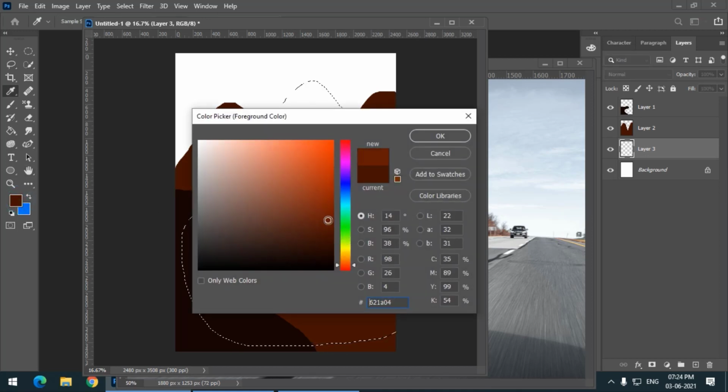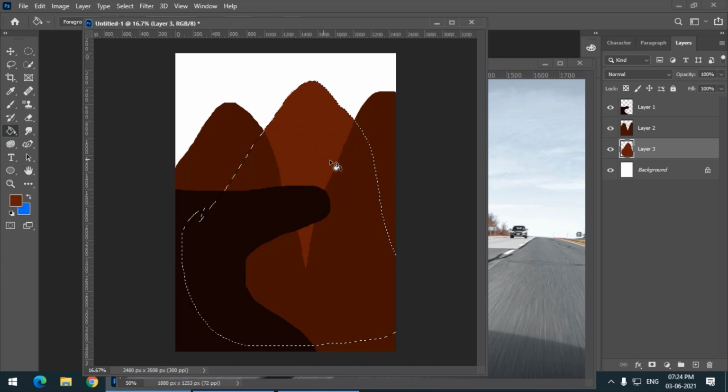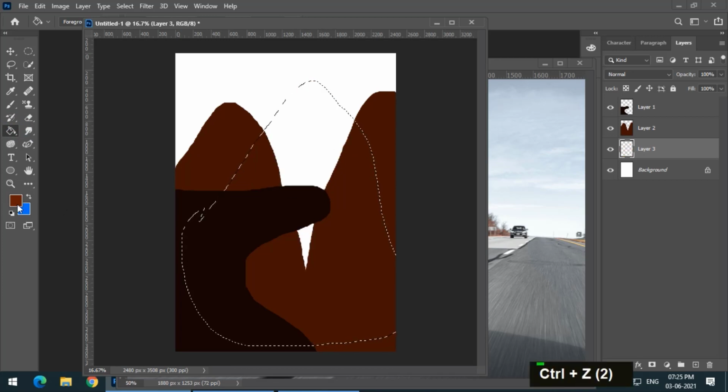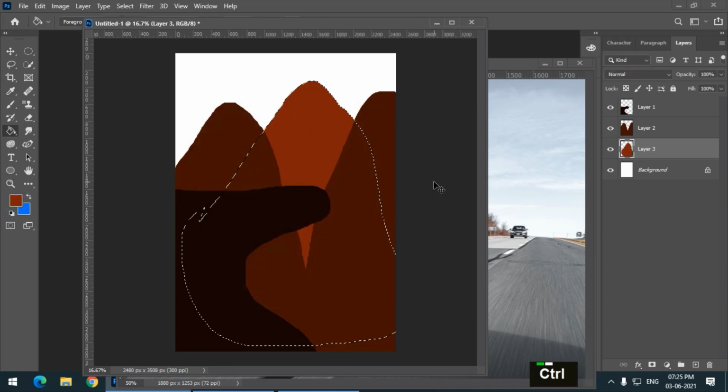So we are going lighter shade by shade. So this is a bit lighter shade. Again you can use the Alt backspace option if you like. I'm using the paint bucket tool because we are using separate layers like this. If you want some more light color, then I'll choose a lighter shade. So this is how it will look.